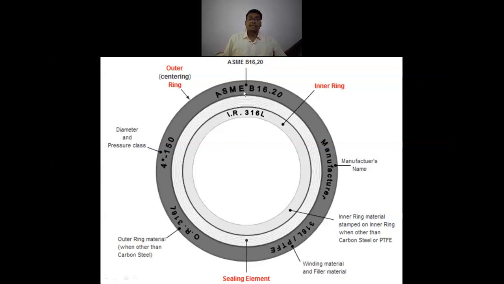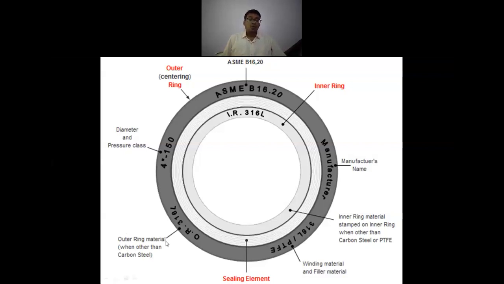It is made up of ASME, ASTM, ISF standard. Then with what dimensions? What is the diameter? This is a 4-inch diameter and a class is also provided. In the last class related to flanges, we talked about the class. This is 150, which means it can be used up to 15 kgs per centimeter square, 150 psi.